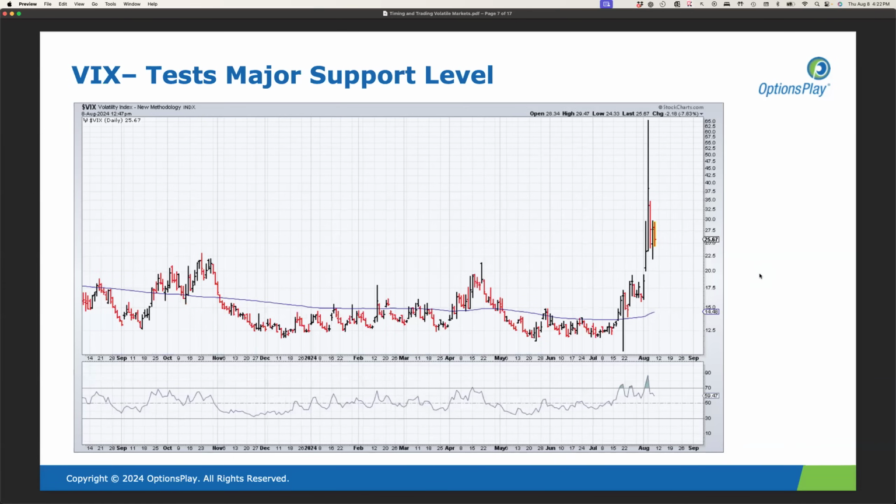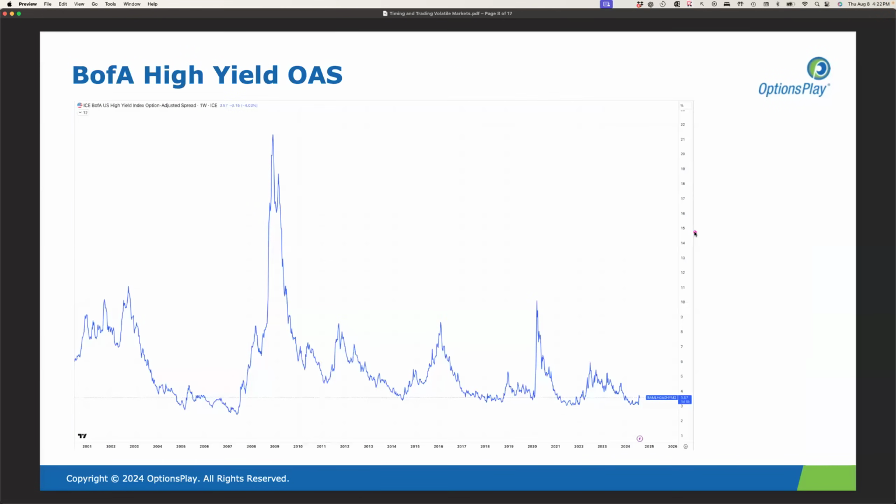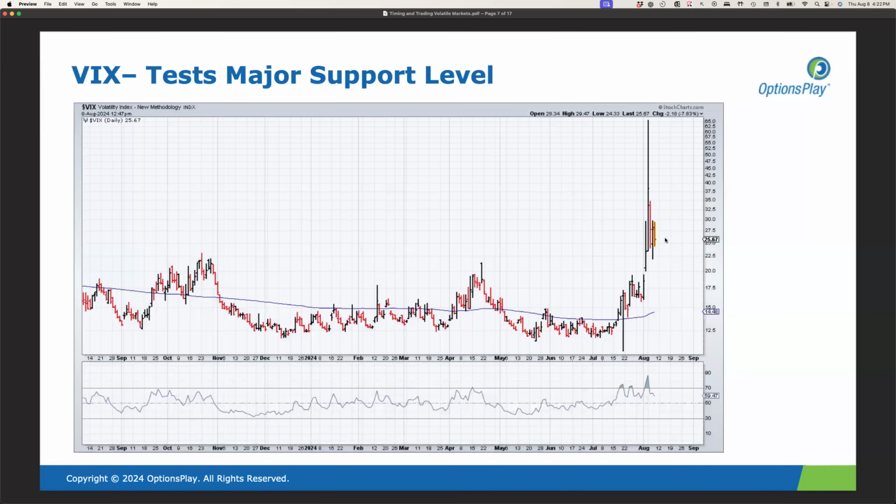The other metric I want to pay attention to here is the VIX. We had the VIX spike all the way up. We opened around 55 on Monday. It did spike intraday as high as 65, but as you can see, right now we're trading around 25 and a half or so. It's still the highest level we've seen over the past year prior to this recent spike. But we reached what we typically would call a panic level of selling on Monday. And now that we've retreated back to this 25% level on the VIX,